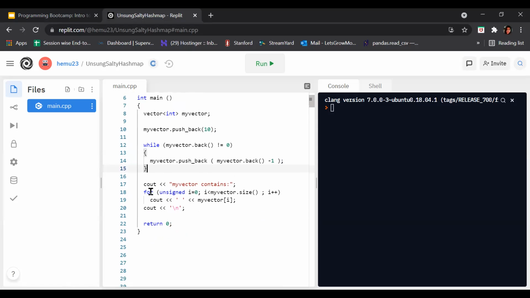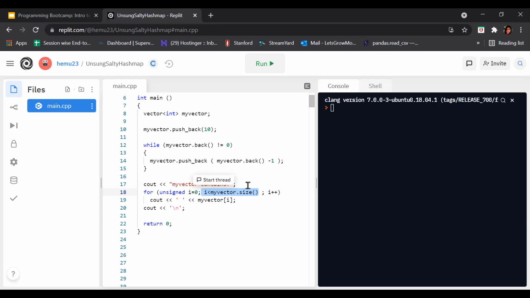Okay, after that we are using a for loop here. What is the initialization expression? It is unsigned i equals 0. What does it say? Create an unsigned i variable and assign it 0, or we can say initialize it to 0. Here again, we have a test expression which is i should be less than myVector.size().